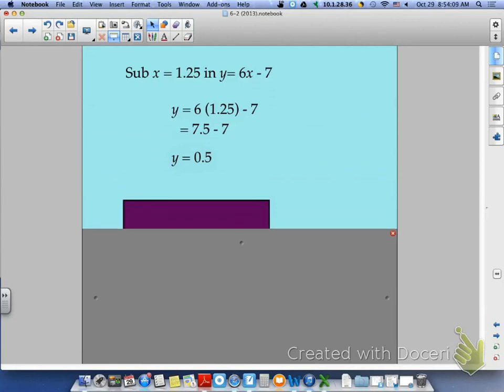1.25. Zoe, what's the solution? Y equals 0.5. And that's the solution? No, that's the Y solution. So what is the solution of the system? The solution of the system is